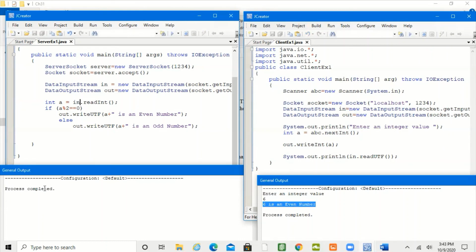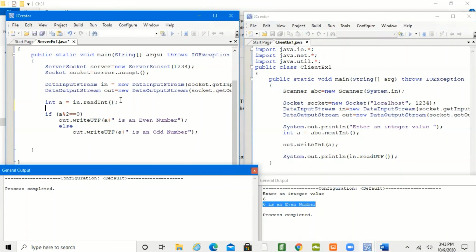By the way, the server doesn't print anything. Let's print something here in the server. So one thing I can say here is System.out.println server started. So you won't see any problem.